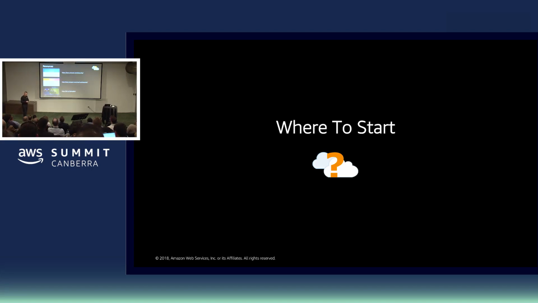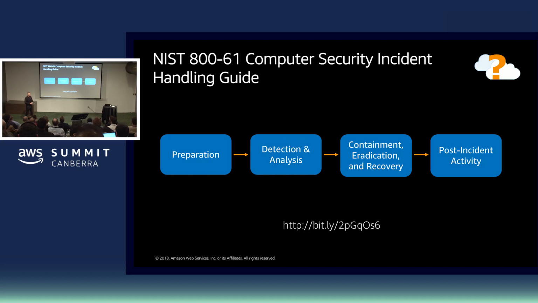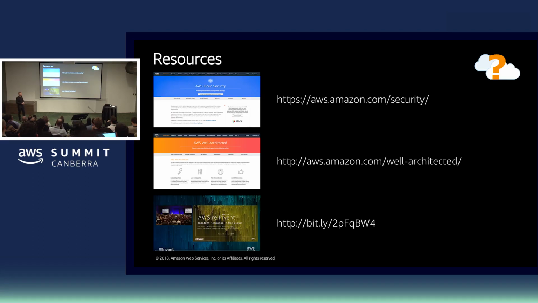So in terms of where to start, if you have no incident response processes at all, a bit like Bob's organisation, you can start with the NIST 800-61, the Computer Security Incident Handling Guide. It doesn't even mention the word cloud once, but it's all about how you form your teams and how you can respond and process working through an actual incident, all the way through to post-incident activity, how you can recover after the response.